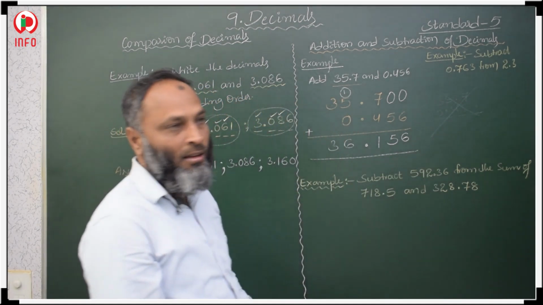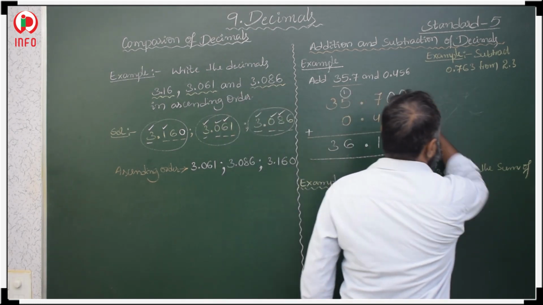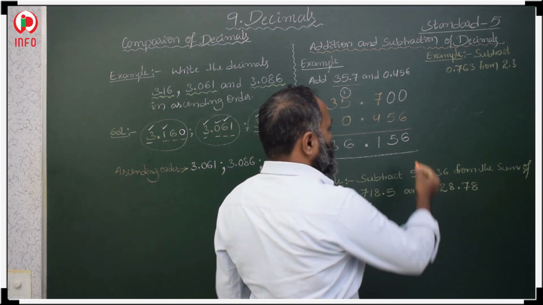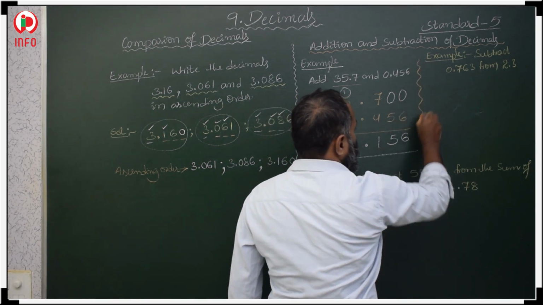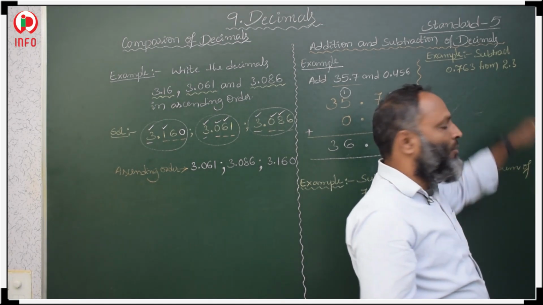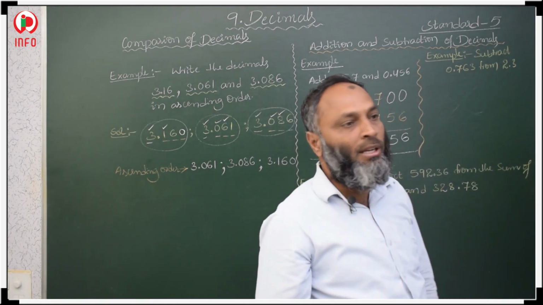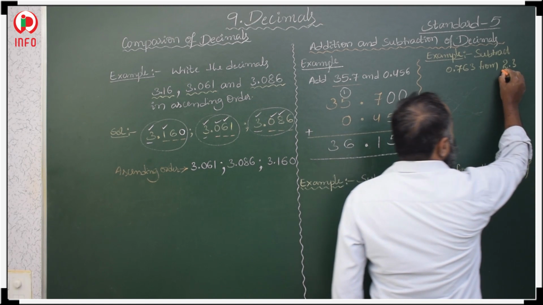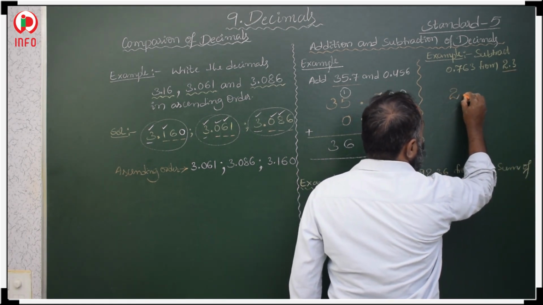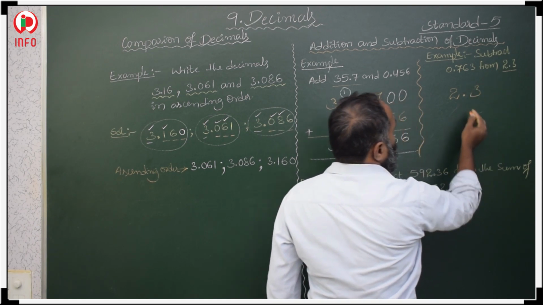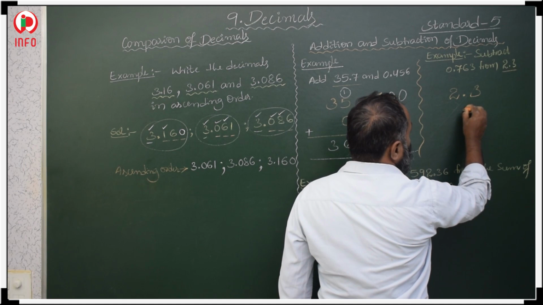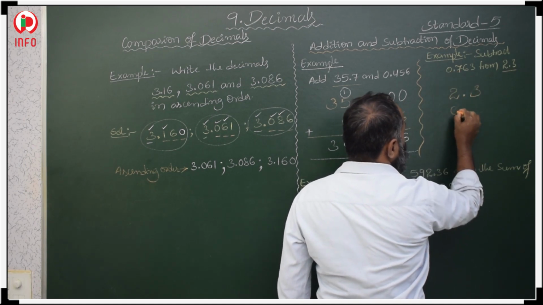This is our sum, the total. So next, the next concept is subtract 0.763 from 2.3. From means from the number, so this number we take first, 2.3. And after that, this number we have point, first point number, and right side is ones place 0, and